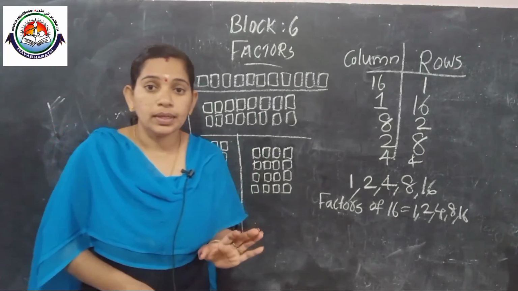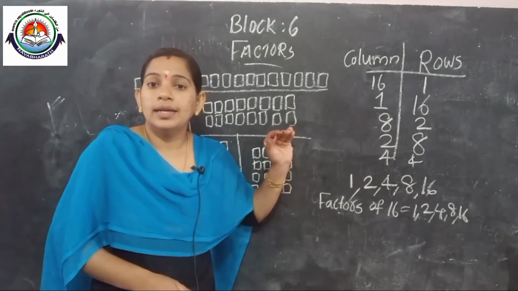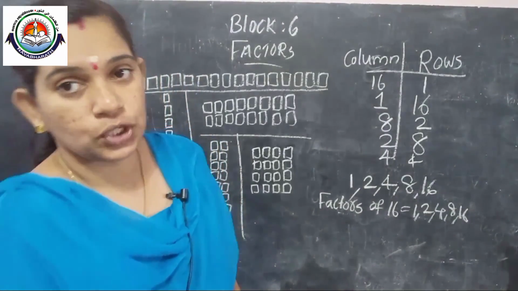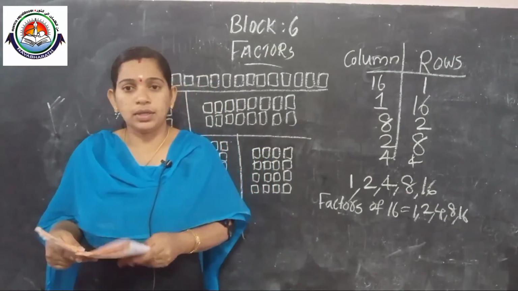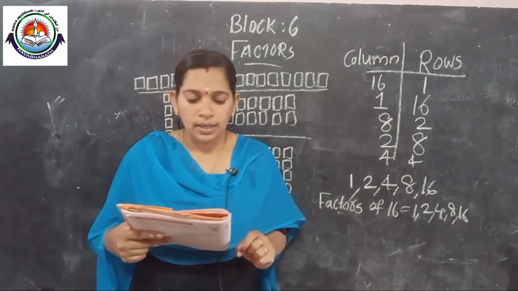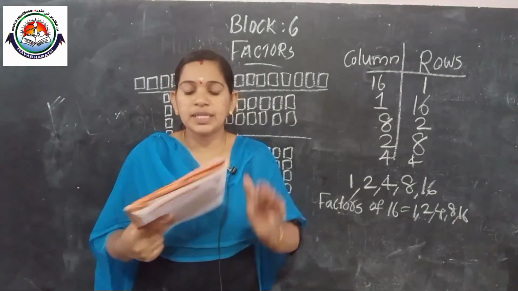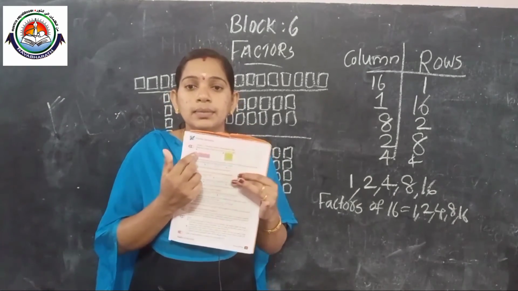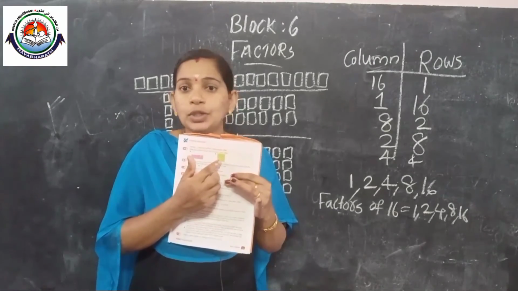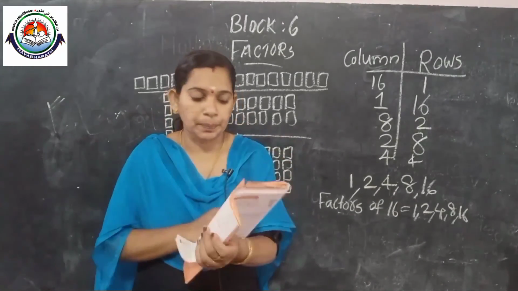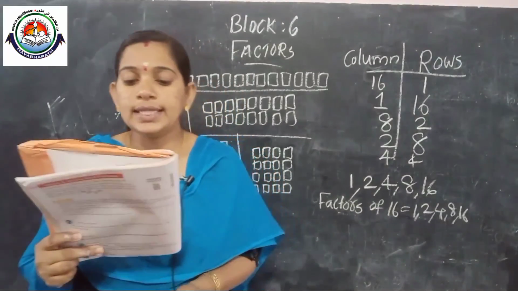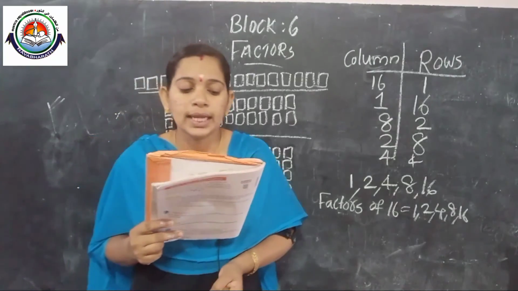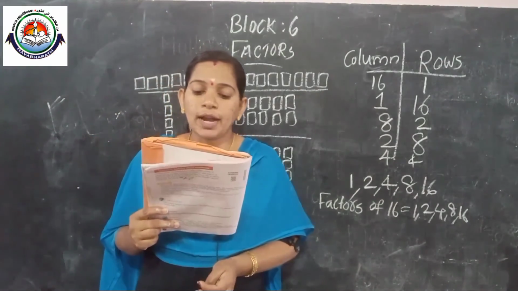It's clear. Then, to find the factors of 16, we will discuss some problems from your textbook. I'm not giving the answers, you do them alone. Write the numbers of rows and columns in each table. Some figures are given. You find the rows and columns. Then draw square tiles to show all the possible combinations of rows and columns for the given numbers. Write all the factors of each number.